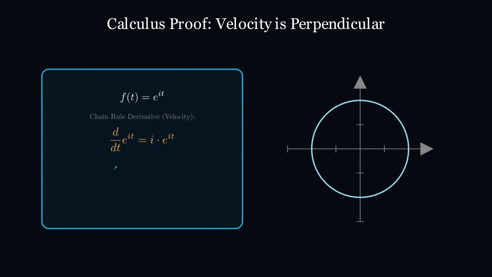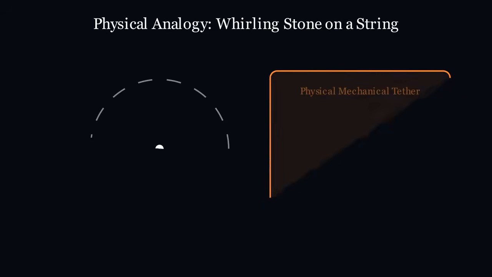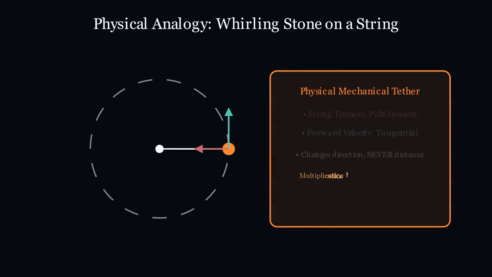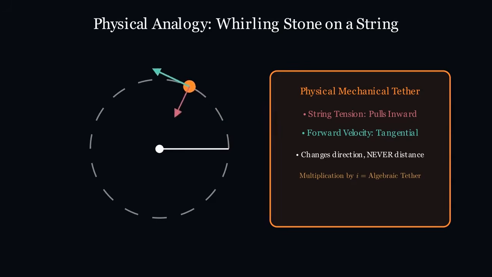Think of a stone tied to a string being whirled around your head as a helpful physical analogy. The string's tension continuously pulls the stone toward the center, acting perpendicular to its forward velocity. Because this inward pull only changes the direction of motion and never its speed, the stone maintains a constant distance. While e to the it relies on an algebraic operation rather than physical tension, the geometry is identical. Multiplying by i continuously steers the trajectory at a perfect right angle, acting as a mathematical tether that keeps the